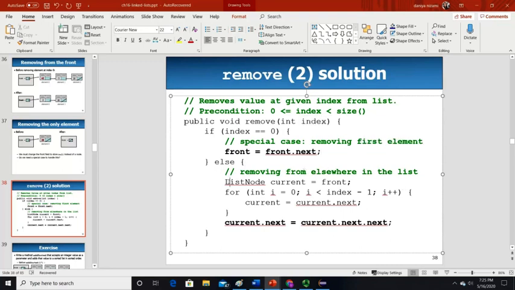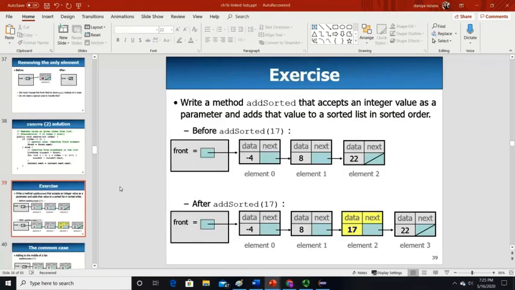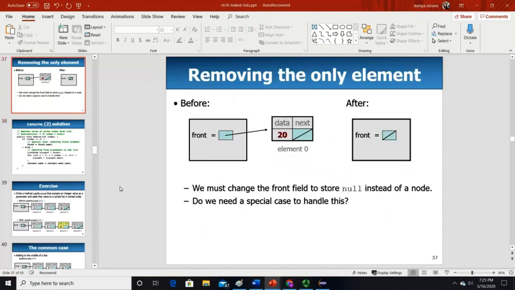We will create our current, because now we have to move forward and loop through our list to find that index. We start with index 0, and we stop one step before the value we want to remove, because you need to update the address one step before. Let me see if there is an example.